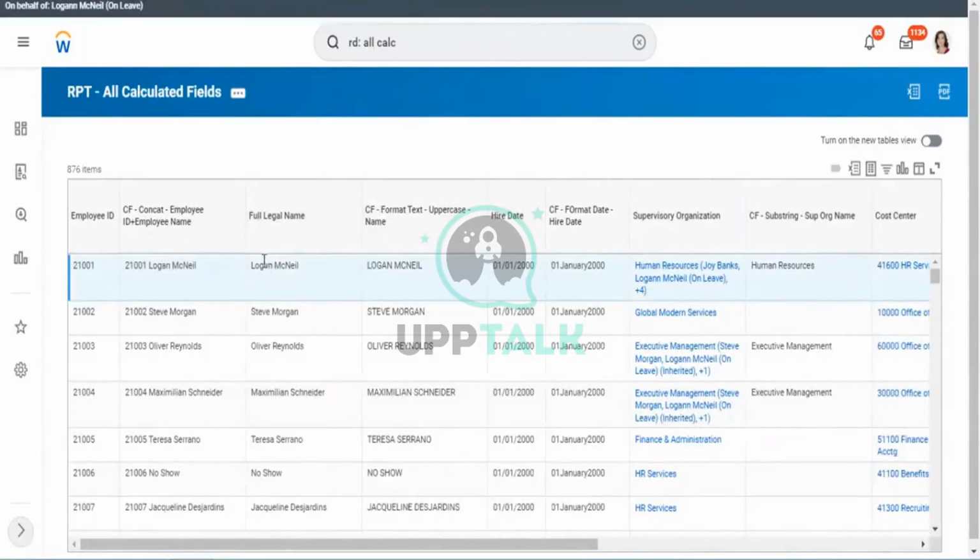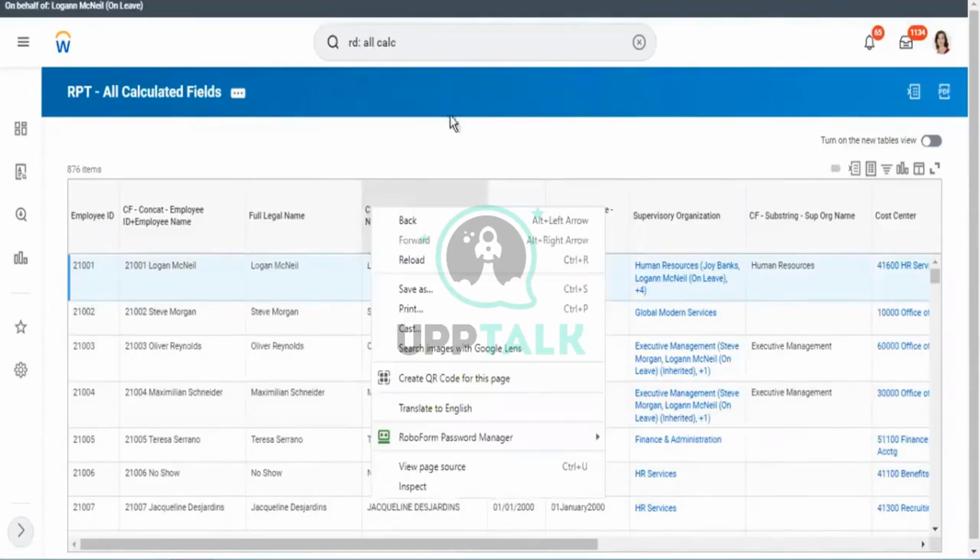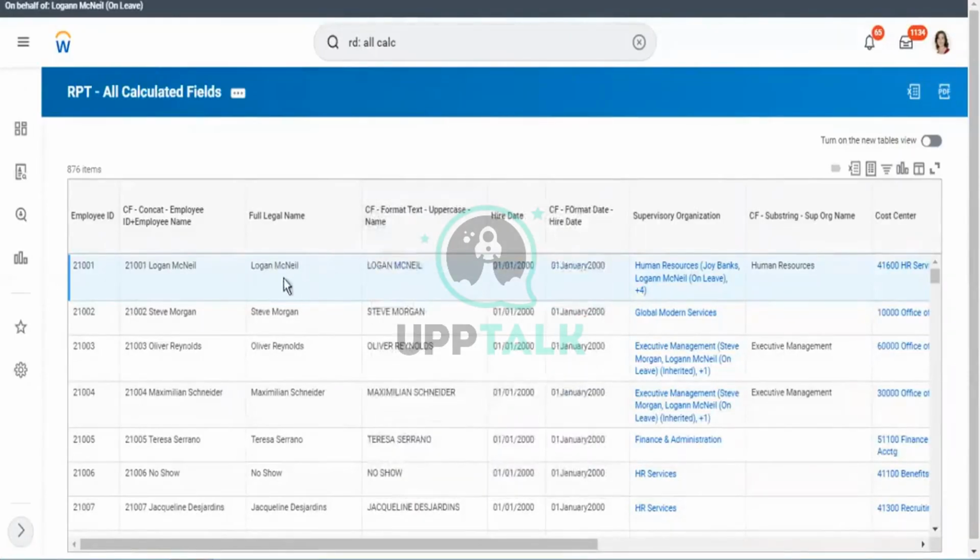Similarly, if you see here, these are regular delivered fields, and this is the calculated field that I have created, format text one. When I've used this one, this first name, this entire employee name has been converted to uppercase. Regular delivered fields will be populated in the proper case. But I've used a function called format text that actually updates your value with uppercase. How I've done that is,